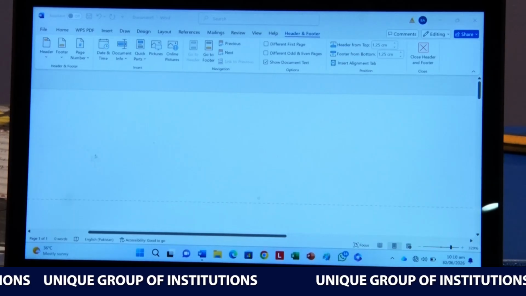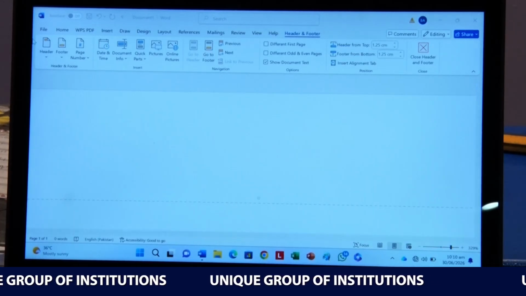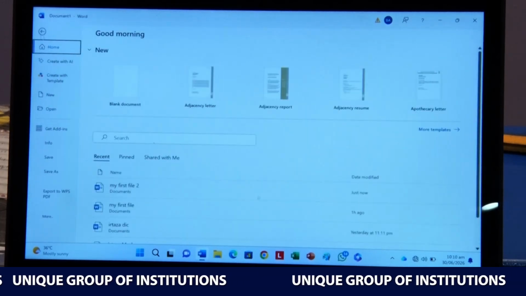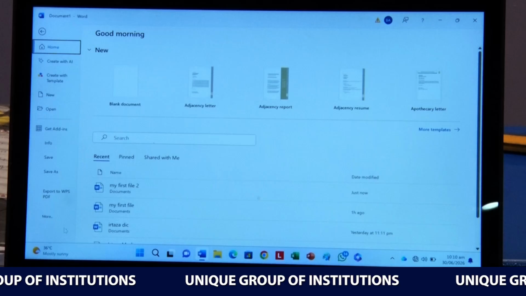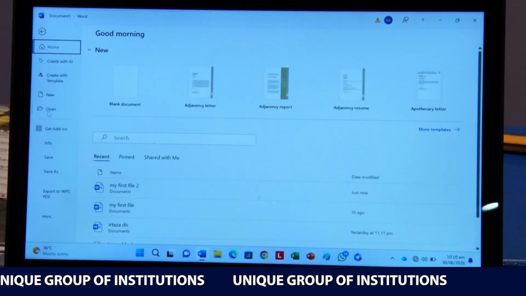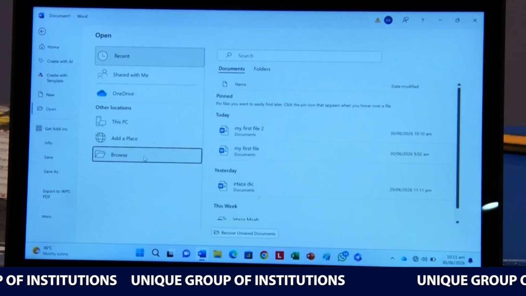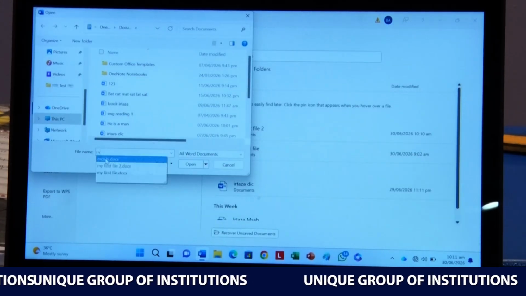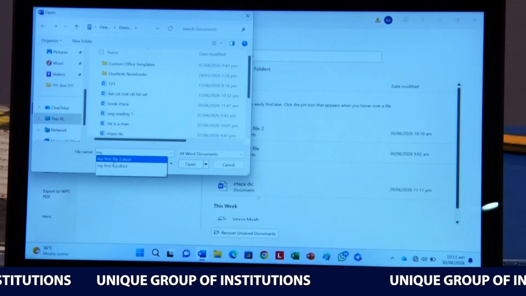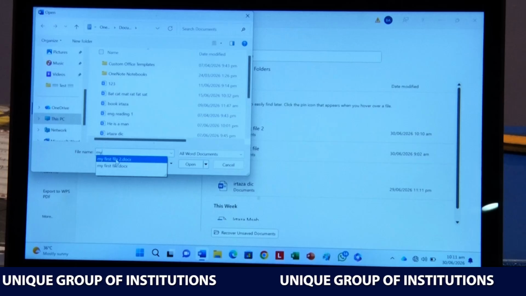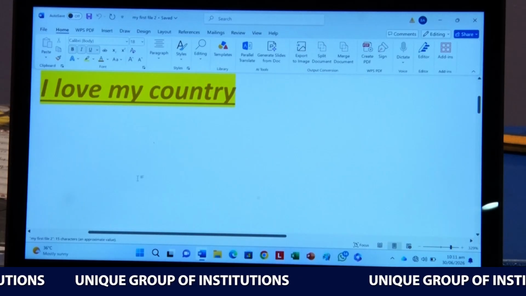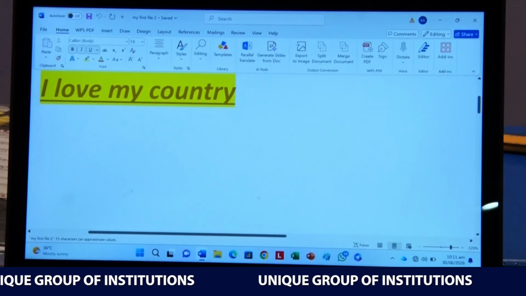If you want to open your document again, on page 31 and 32, press on File, Open, Browse, and type my first file 2 in the Browse option, and then open. Your saved file has appeared again.